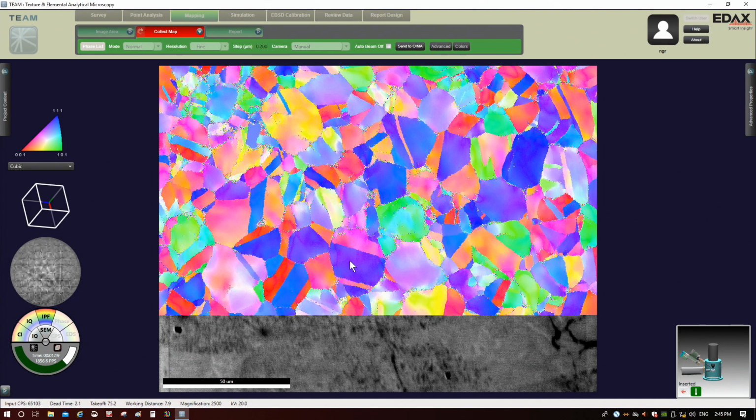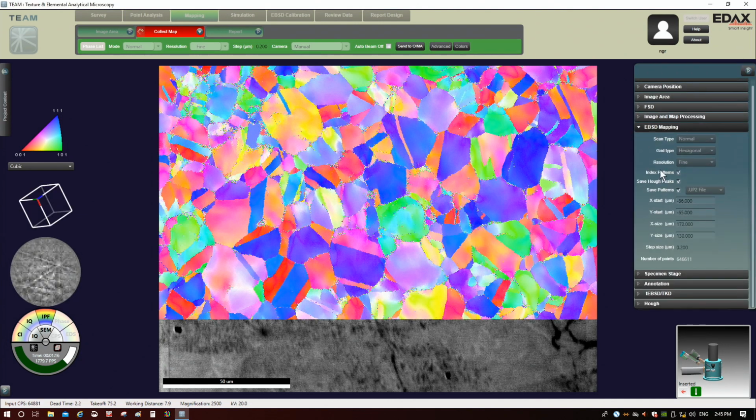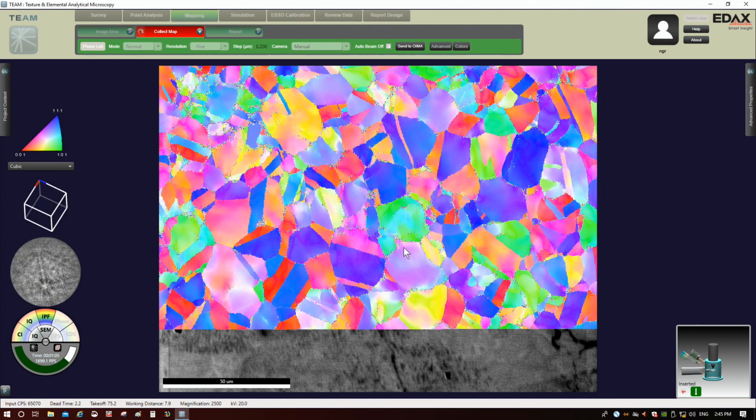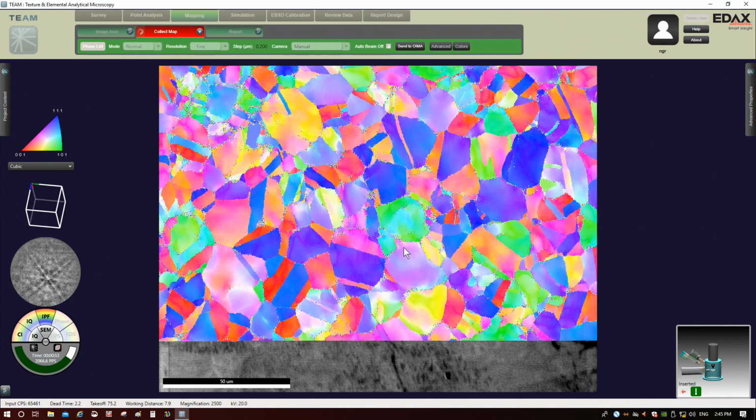Also keep in mind, because we checked save patterns, it is saving the pattern at each pixel while it is doing this. That's useful for post-processing. That tends to be more useful when your patterns are poor quality, and that usually means you're using low voltage or a lot lower current,